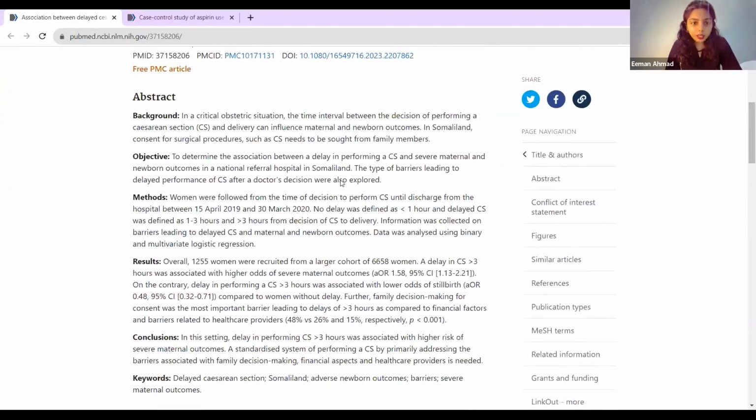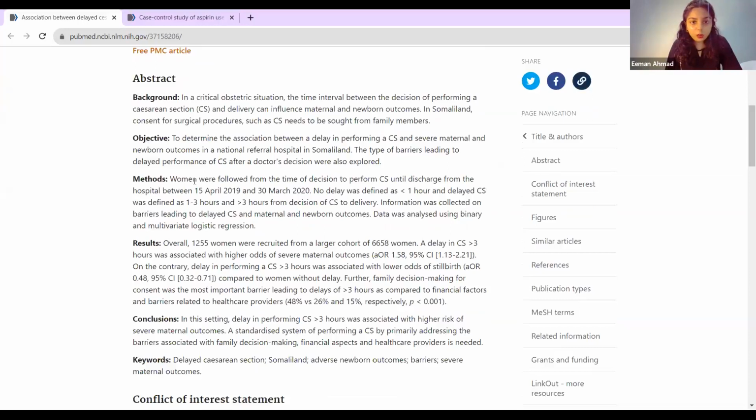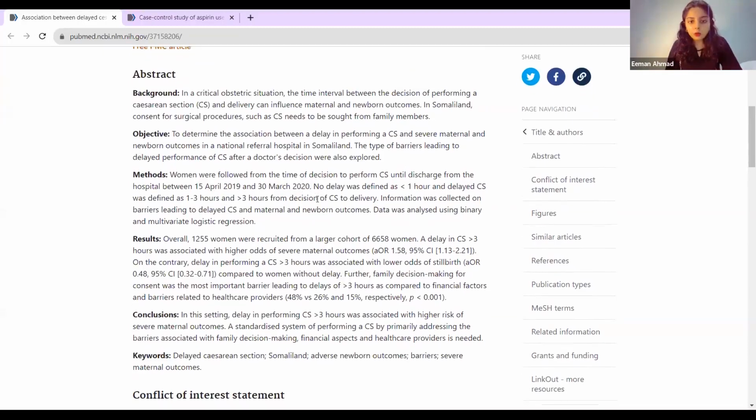Let's look at their methods. Women were followed from the time of decision to perform cesarean section until discharge from the hospital between 15th April 2019 and 30th March 2020. So they looked at women who